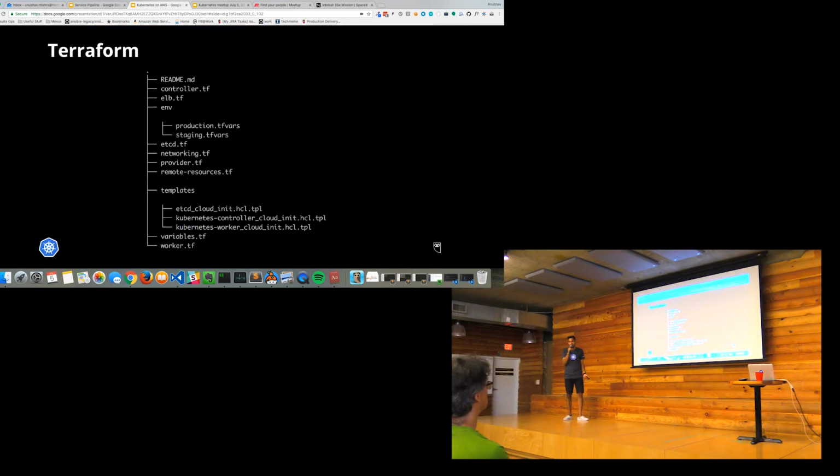It's pretty straightforward. There's not much going on there. I can't show you the files, but basically they're very simple files. The controller is just an auto-scaling group with a bunch of DNS entries, right? The ELB is a simple Amazon ELB that points to the controller and the APIs. And then the etcd is just a simple etcd auto-scaling group deployment. Same with the workers as well. So the interesting part here is the environment.